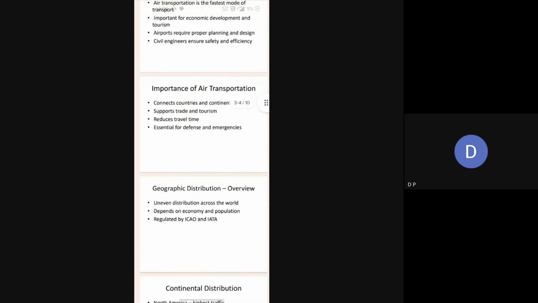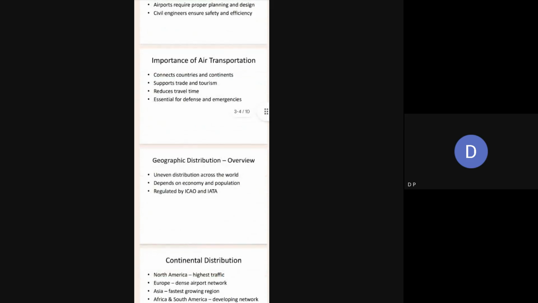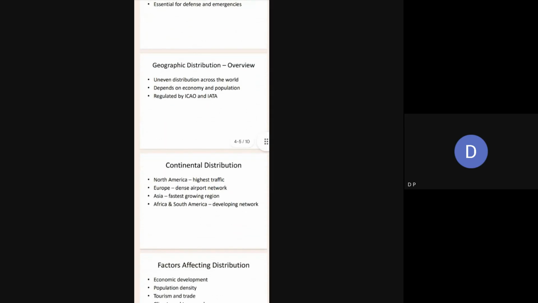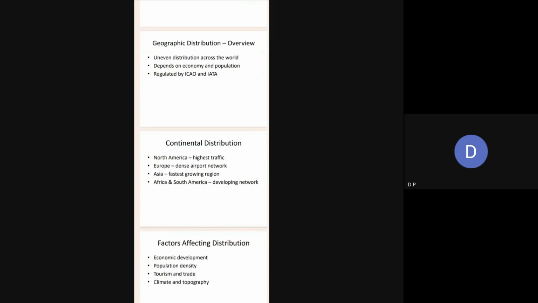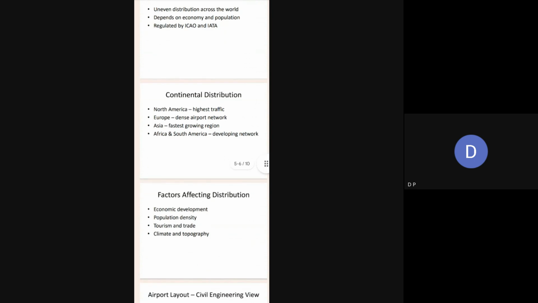The geographic distribution and overview. Uneven distribution across the world, depending on the economy and the population. Regulated by ICAO and IATA. Across continents: North America has the highest traffic. Europe has a dense airport network. Asia is the fastest growing region. Africa and South America are developing networks. The factors affecting the distribution: economic development and population density, tourism and trade, the climate and